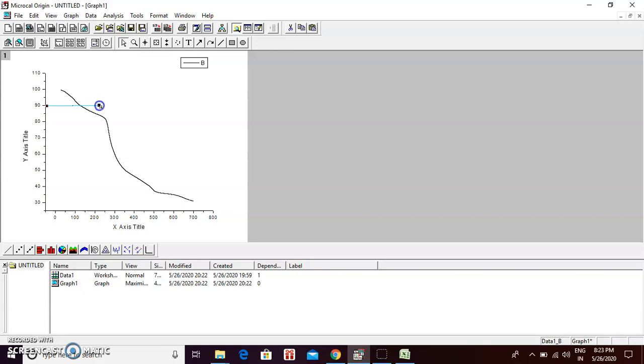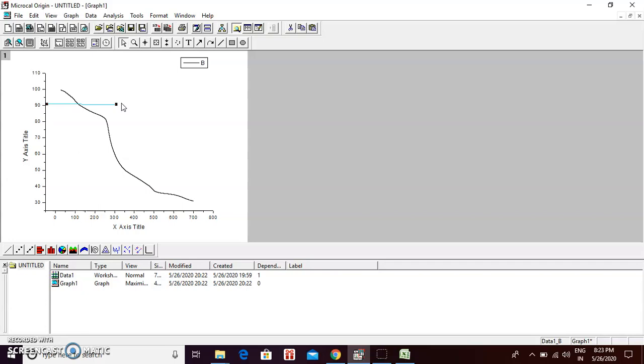You have to make it straight. This depends upon how much practice you have. So I stretch it here, and that is the straight line that you've got. In order to move it up and down, you can use the cursor up and down, page up and down keys on your keyboard.